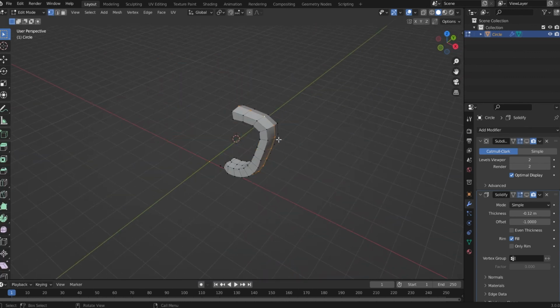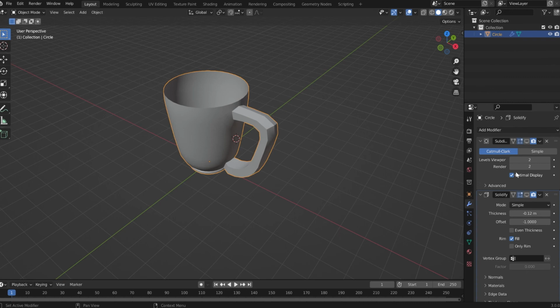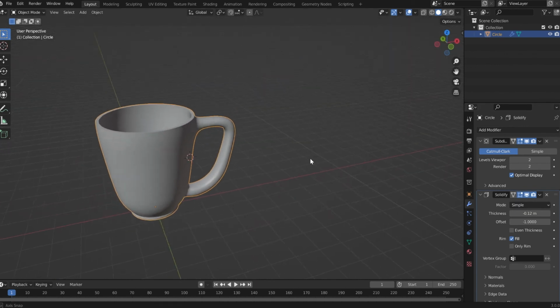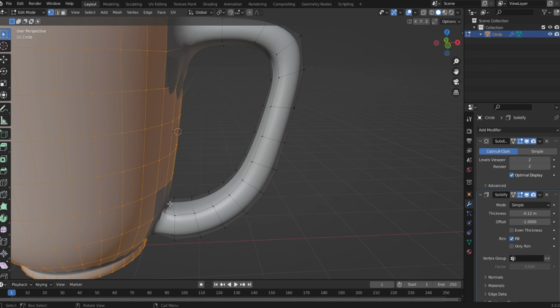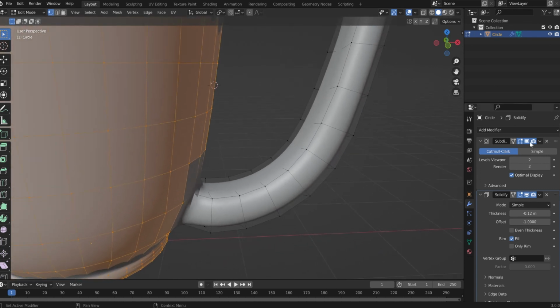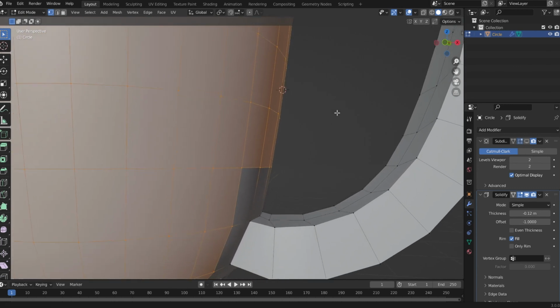Now let's bring back the cup. Pressing Alt H. Go in object mode. Bring back the subdivision surface. And the solidify. And this is the cup that we have. We still need to fix here a little bit. Let's disable these two for a moment. This one at least. And over here,